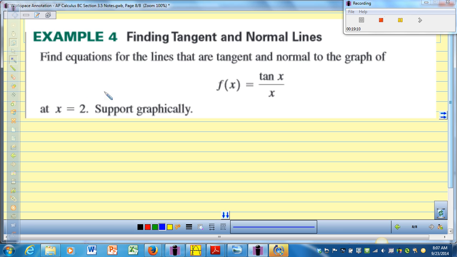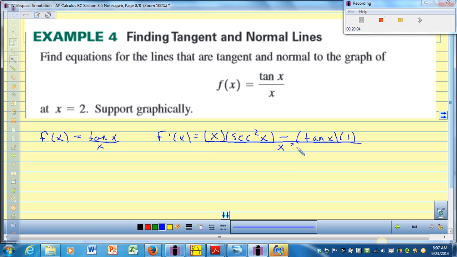All right. Finding tangent and normal lines. Find equations for the lines that are tangent and normal to this graph at x equals 2, supported graphically. First of all, f of x is tan x over x. How do I find f prime of x? Quotient rule, low d high. X times secant squared x, minus, that's what I want to hear, high d low. Tan x times 1 over